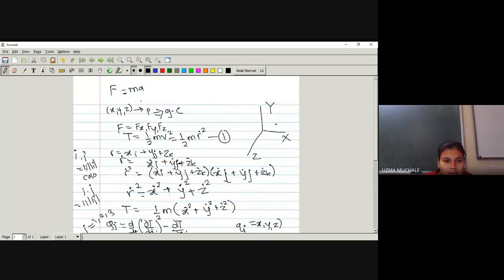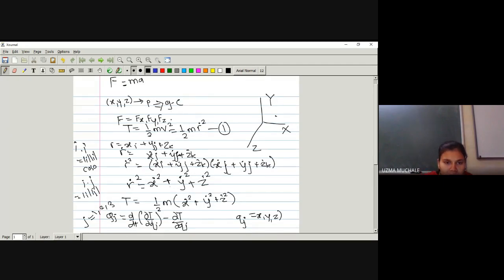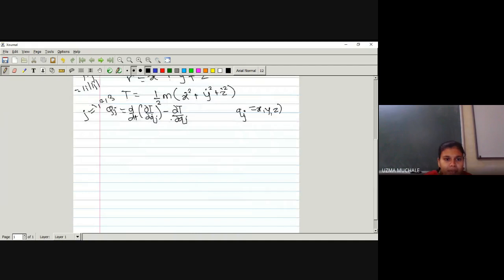Here I have written this general Cartesian coordinate will be working as generalized coordinate because there is no constraint or restriction. So hence we can say the value of j will run for 3 only because we are discussing in the 3D space. Okay, so let me go for the next one. Can I write here as q1, q2, q3? Now whatever the derivative we are going to take, that we have to know. q1, q2, q3 are nothing but your x, y, z.